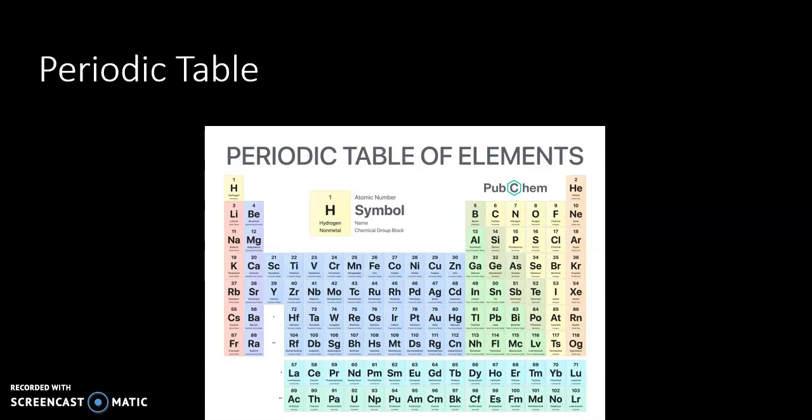So you'll learn about those in chemistry, and you'll also see that there's different colors. These are different chemical groups. And so some of these are metals, some of these are transitional metals, some of these are non-metals, some of these are gases. And the purpose of the periodic table is to give science and scientists a way of quantifying the basic building blocks of matter, that is atoms, and to understand how they interact.